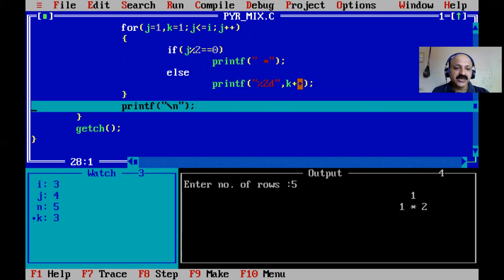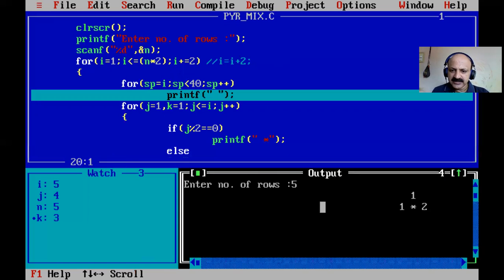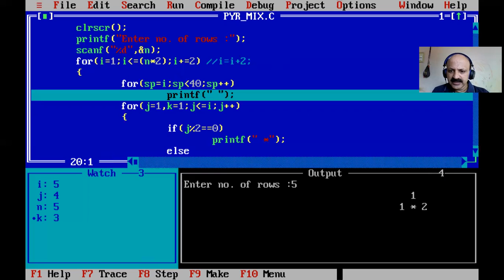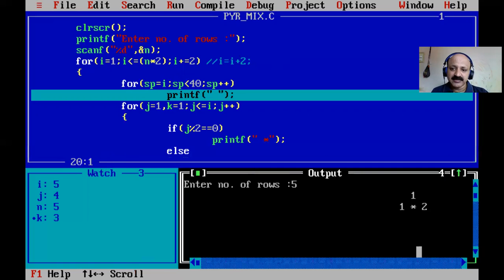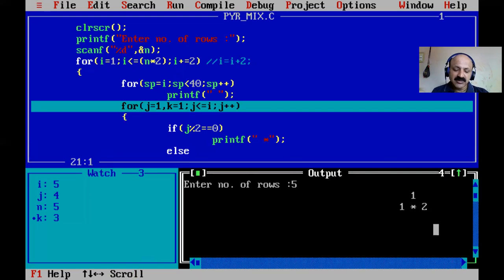So that is a mixed pyramid of numbers and asterisk or star signs. Now that the two rows are done, for the next third row I take i plus plus, so directly 3 plus 2, so 5, and then 35 spaces I just bypass. Here the cursor, now I think 2 or 3 is remaining. Because that is a 5 element print, here is the start, so that type of pyramid shape is generated with fewer spaces.